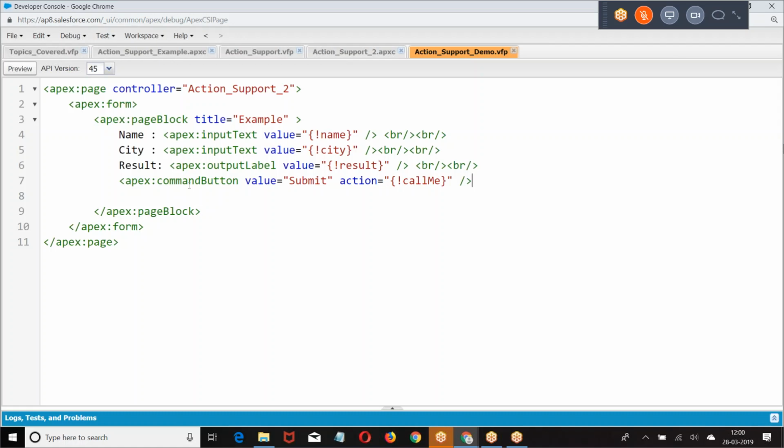So this is the basic example what we have given. Click on preview.